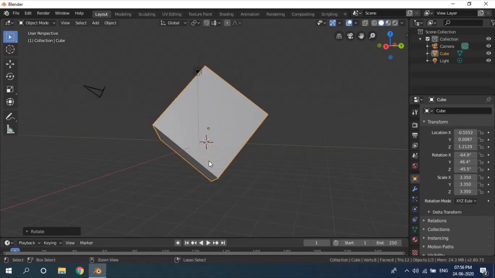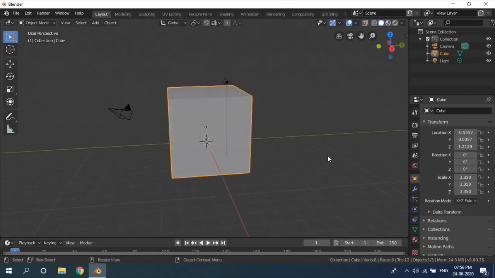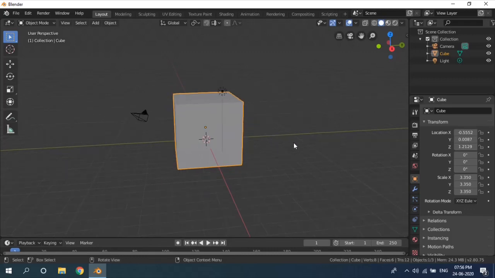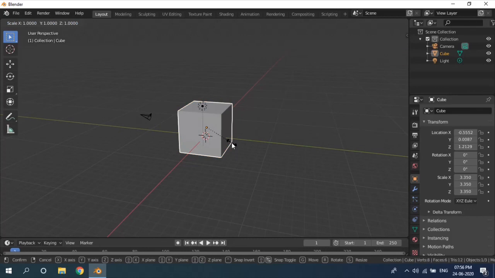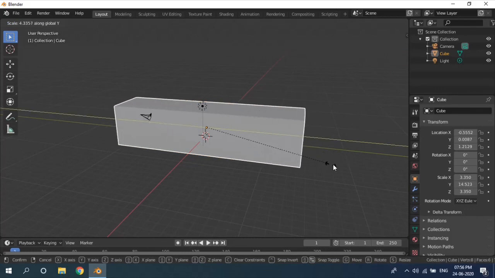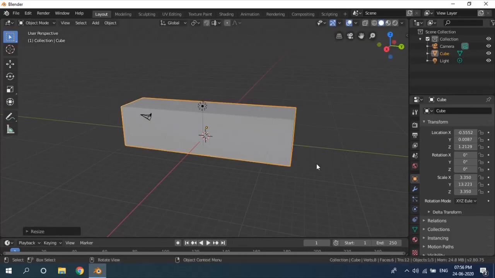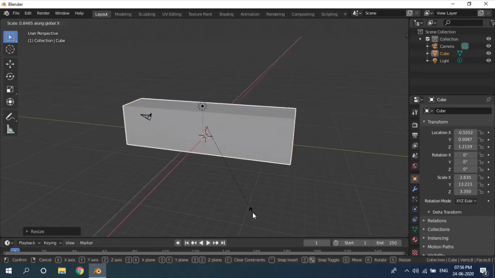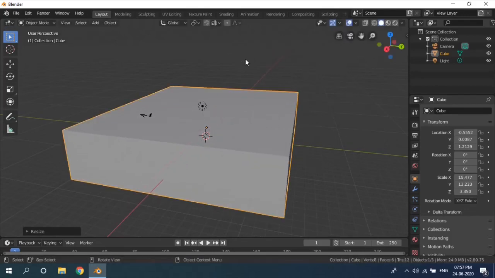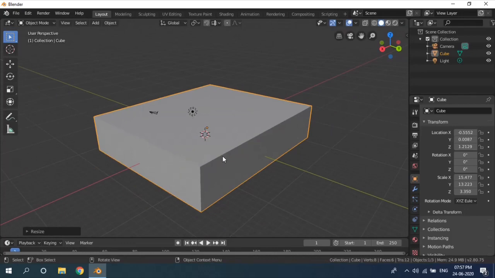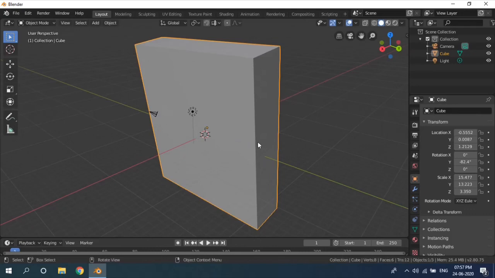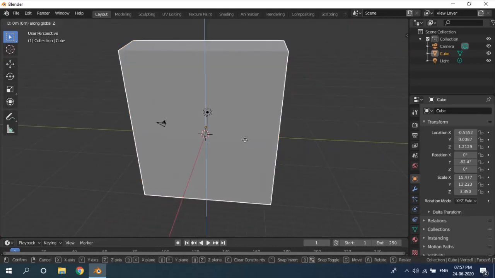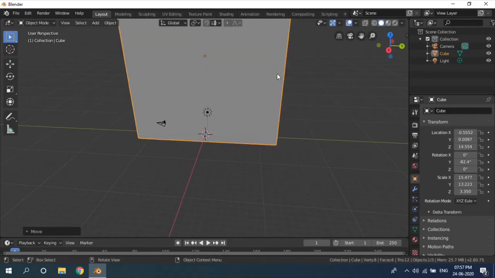Now suppose you want to do so only on one axis. For example, I want to scale this cube on the Y axis. So I select the cube, press S and then press Y, and I can move the mouse to scale it on the Y axis. Similarly, if I press S and X, you can scale it on the X axis. Same applies for rotation. For example, R Y to rotate on the Y axis, and G, Z to grab it and move it on the Z axis.